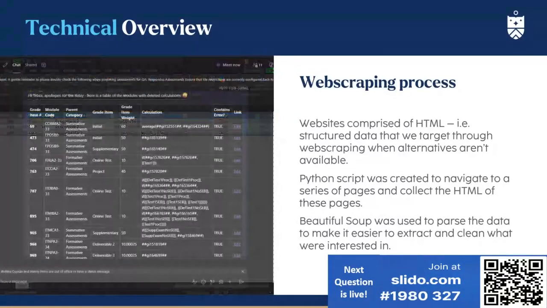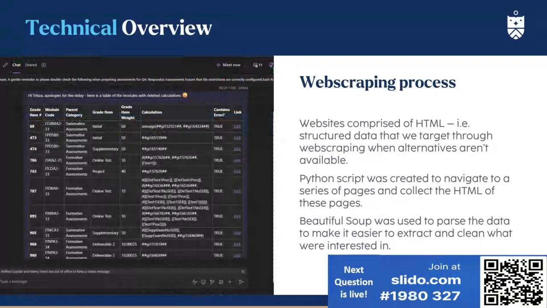And then lastly, with our extraction, this made it a lot easier for us to share this in a shared channel with our learning design team so that they can do targeted intervention by just clicking on those links, going directly to the affected grade item, and making that correction, rather than waiting for the academic administrative team to flag that there was an error and placing additional burdens on them to go and manually capture the marks.